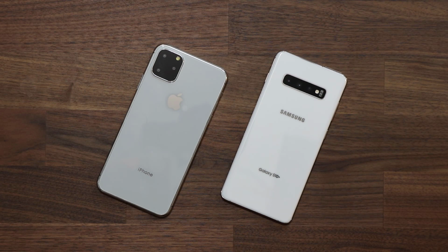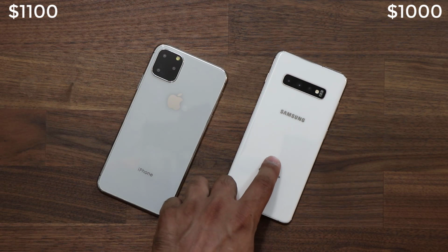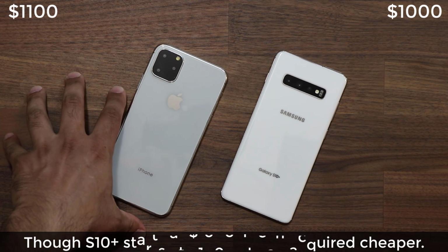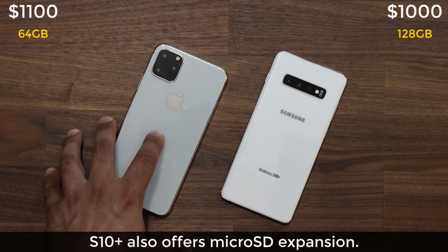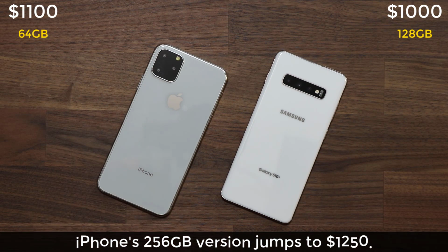So the very first thing that I do want to talk about is the actual price of these smartphones. Now I'll let you know this one right over here, the starting price is $1,100, and this one here officially starts at $1,000. But even right now, you can get it as low as $800, even $750 on websites like Amazon.com. Now, one bad news with the iPhone is if you do get the $1,100 version of the Pro Max, you're only getting 64 gigabytes of base storage on your smartphone, and of course you're not going to get any micro SD expansion. If you want to jump to 256 gigabytes of storage on the iPhone 11 Pro Max, you do have to pay